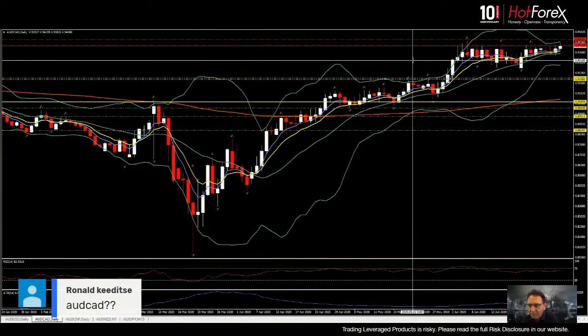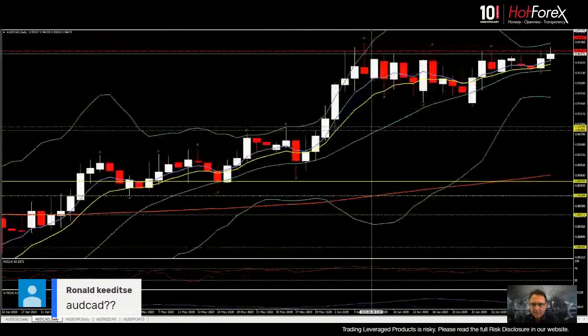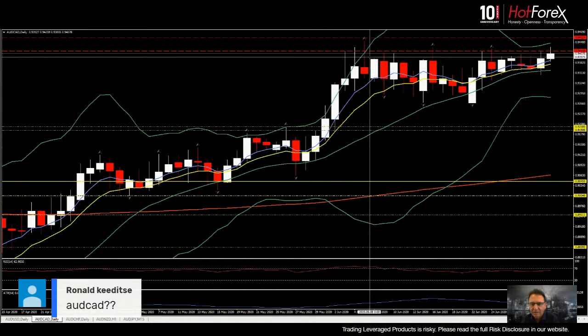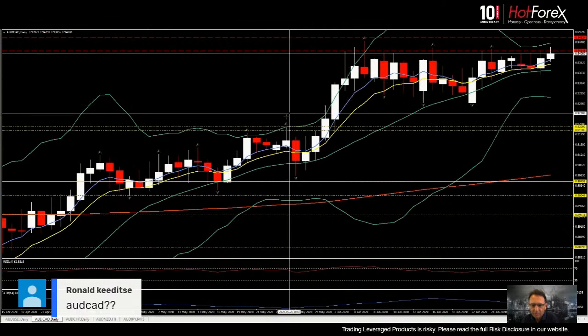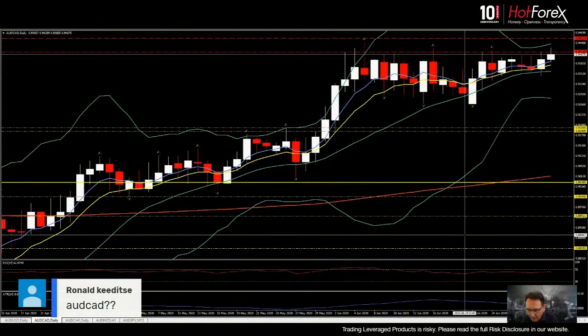The issue now remains that we can't get over 94. See how we zoom this in now. So we rallied up, and we just can't get over 94. We can't close above .9400. So massive rally, hitting this big, thick wall that sits here at the moment. We're way over our 200-day moving average, though,